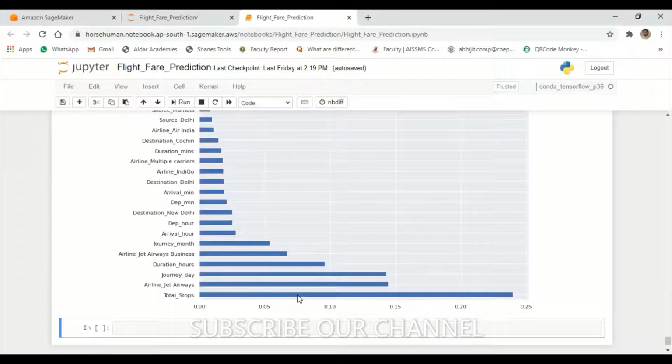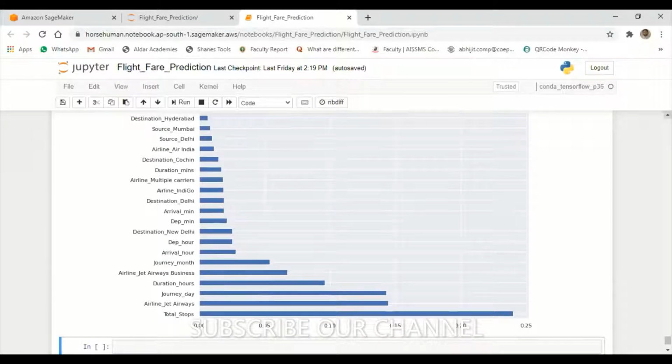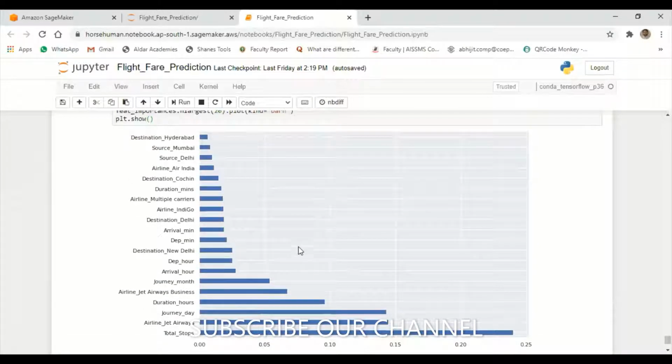Which are the columns that are going to be involved while predicting the prices? Total stops is there. Airline, Jet Airways, journey day. Journey day is also a major factor, because if festivals are coming, obviously the fare prices of flight tickets increase, right?